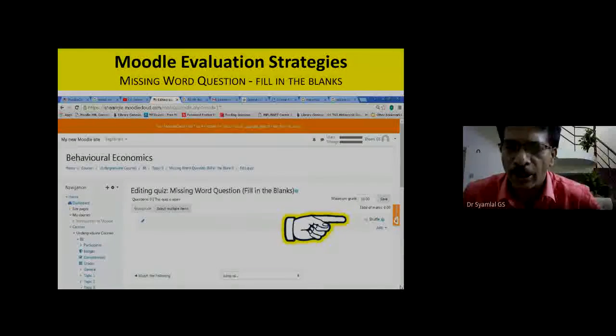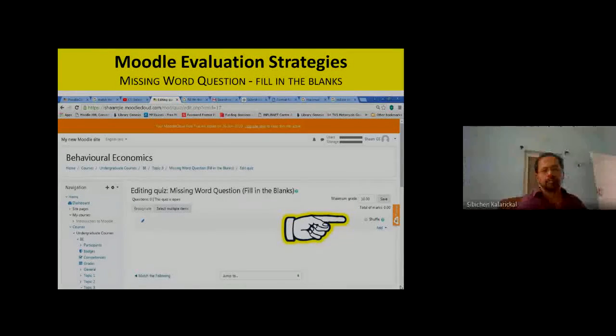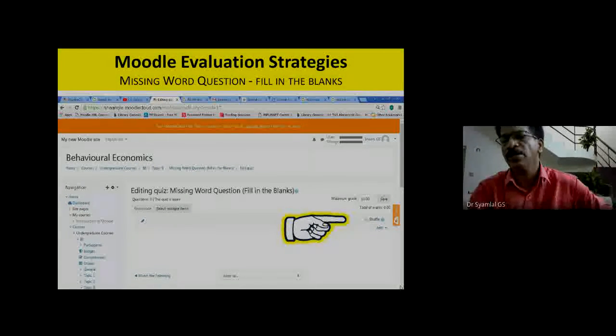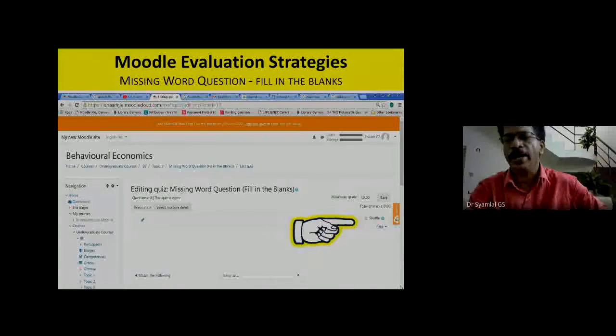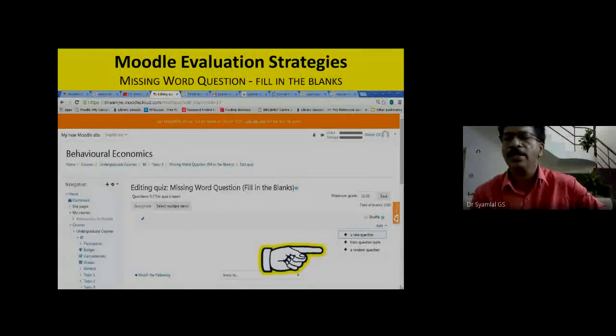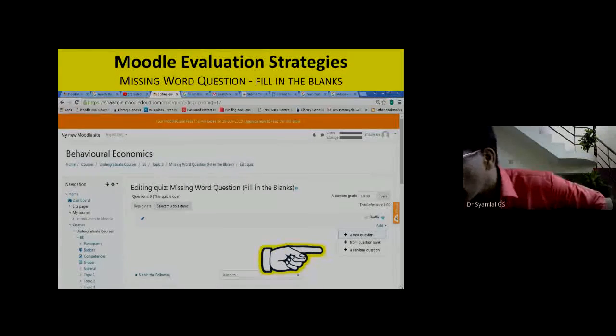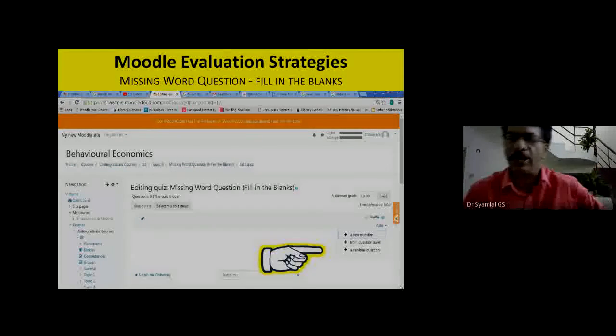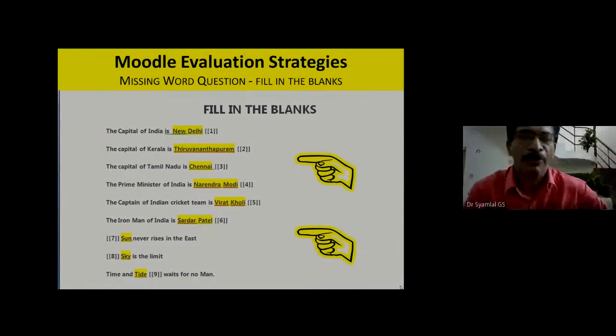Of course, you need to click on shuffle, add a question. You go to editing, click on shuffle, check the box shuffle, then add a question. Then it will be asking for a new question. Select missing words. Before that, take a word file.